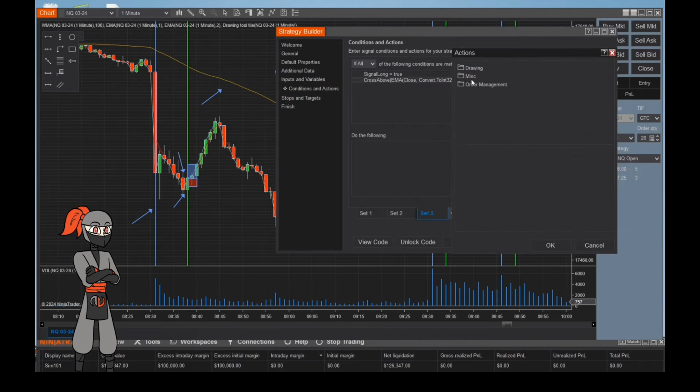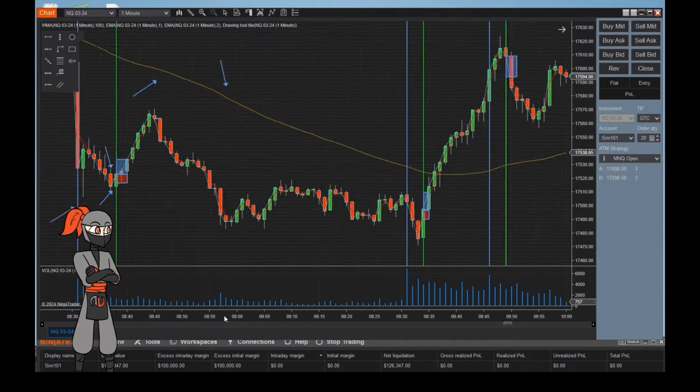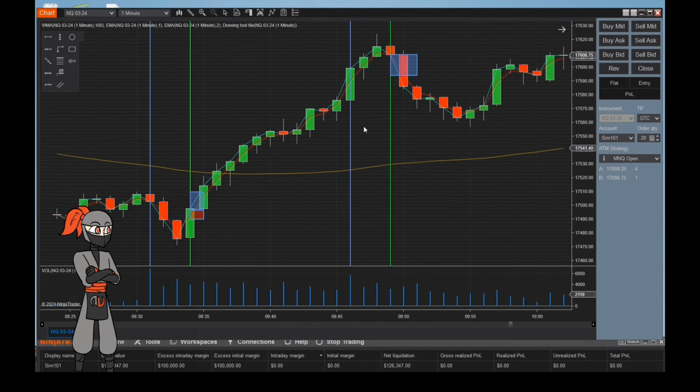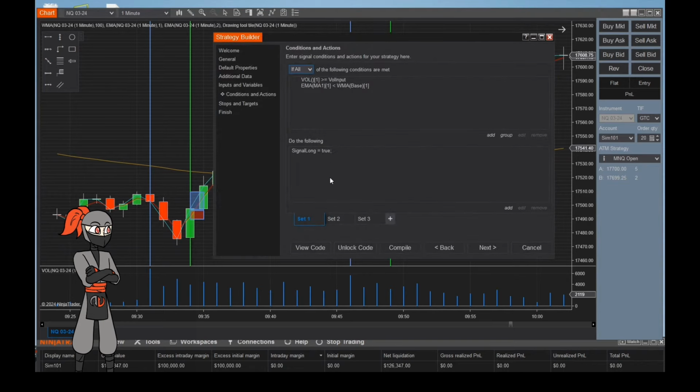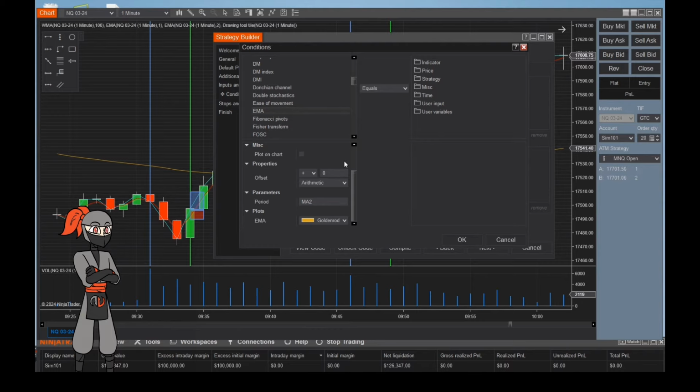Sometimes simpler is better. Alright, we're going to go ahead and enter our long position here, like so. Alright, with any luck, hopefully these will be our points that initiate the trade. Alright, nice and simple, but how about we complicate it just a bit and have our moving average 2 be